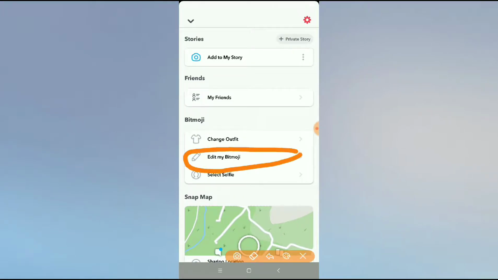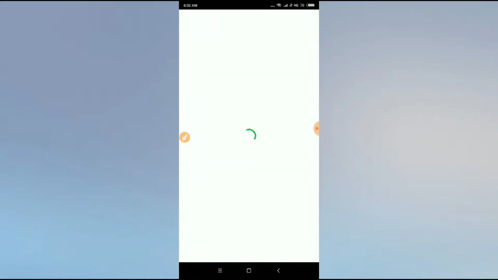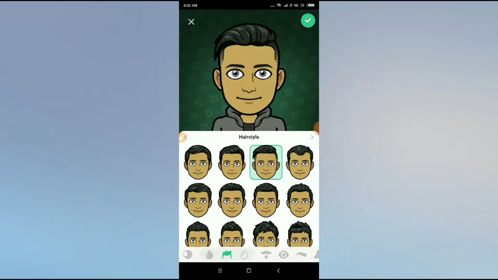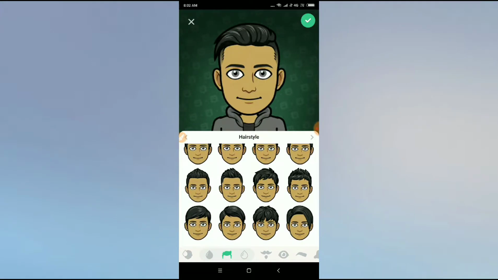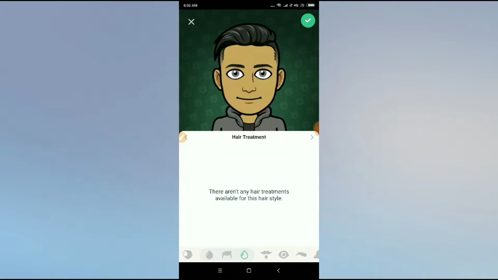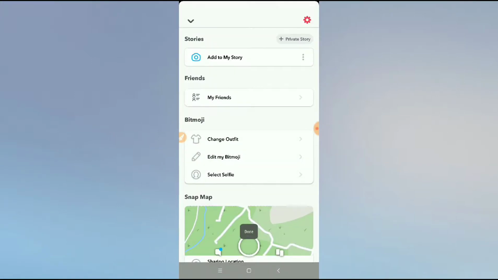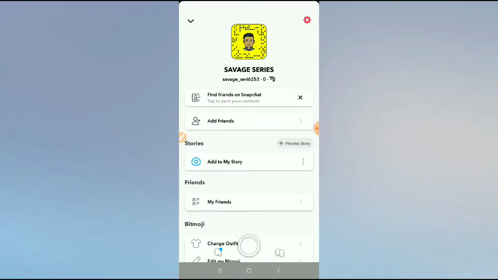Edit your bitmoji here, so you can edit your bitmoji here by clicking here, and then you can see you can change your hairstyle or anything. You can change your mustache, you can change your color, hair color, everything. So I will just select a random picture, and then after